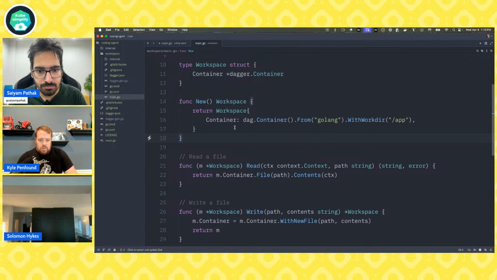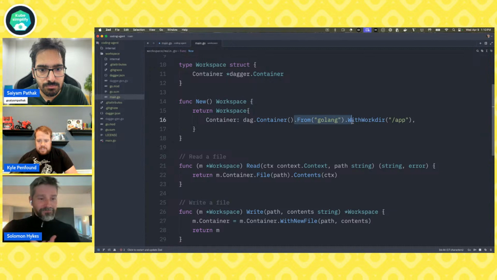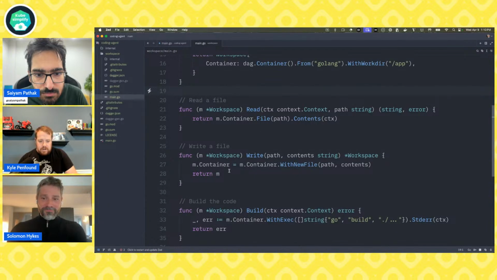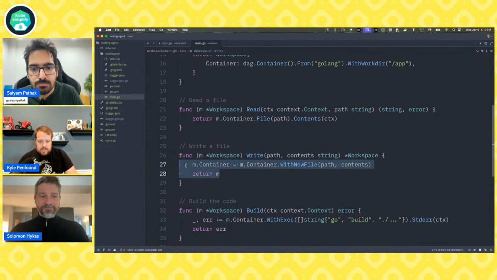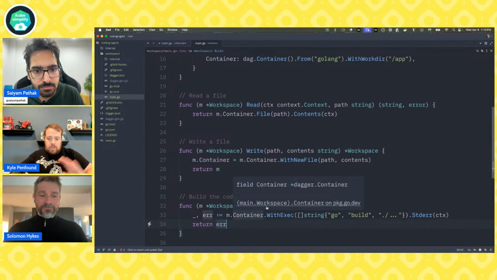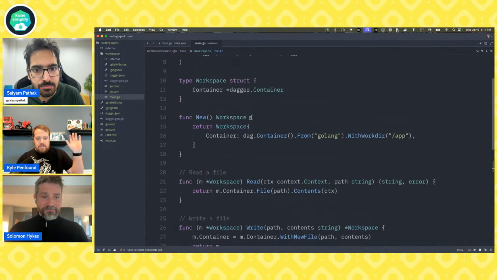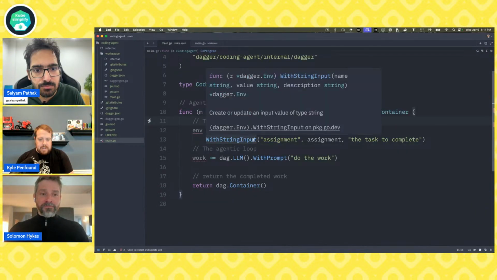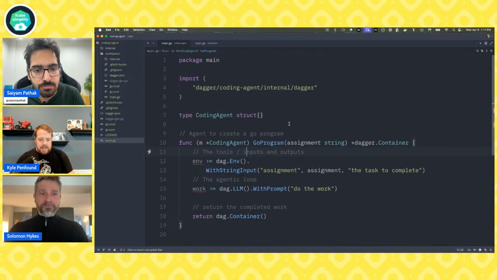Okay, so now when we create a workspace, we have an initialized container that's the Golang image and a predefined working directory. And then when we call any of these functions, it'll mutate that container, or really give us new containers with a mutated state, right? And so we're building on this container in our state, and we have a way to validate if our Go program's done. So all that was cool. We made our first fully functioning Dagger module that we can now use in this other module that we're creating. And so we're back to our agent now.